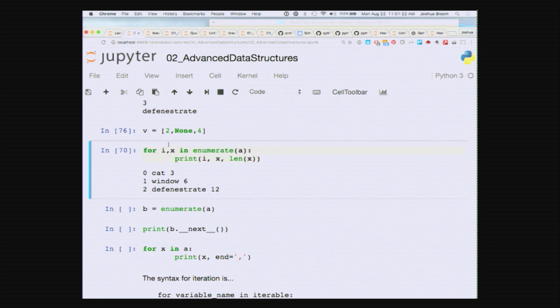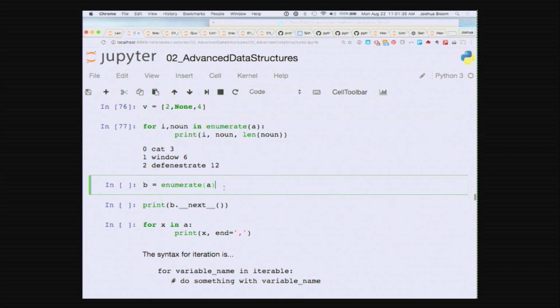So here, instead of it being x, which is a pretty terrible name, you might call it noun. Although it defenestrates a verb, yeah. Okay, so